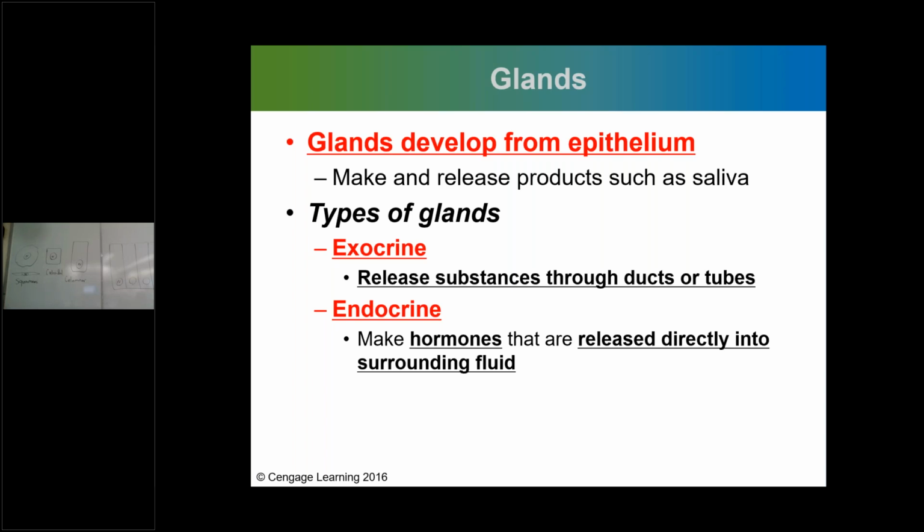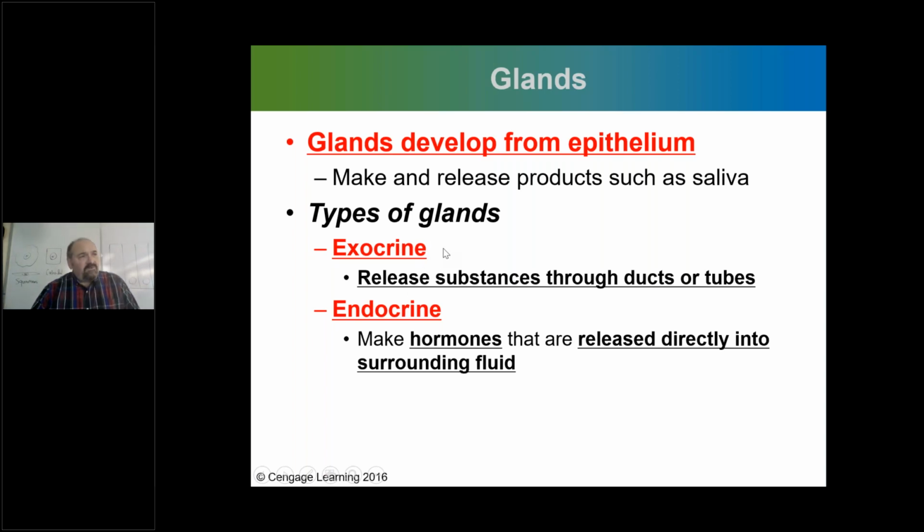Too little thyroid hormone means you have hypothyroidism, and it's going to be the opposite of hyperthyroidism in that you're going to be slowed down. Your skin's going to be affected as a result of this. Many of the activities of your body are going to slow down a bit. You're going to be lethargic, have fatigue, be tired a lot. So thyroid hormone, a major metabolic hormone, is very important for the function of the human body. That's just one example. Growth hormone. How about estrogen, testosterone? These are all hormones.